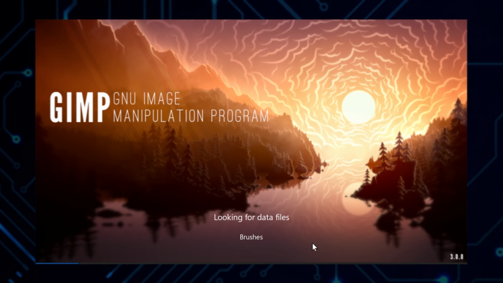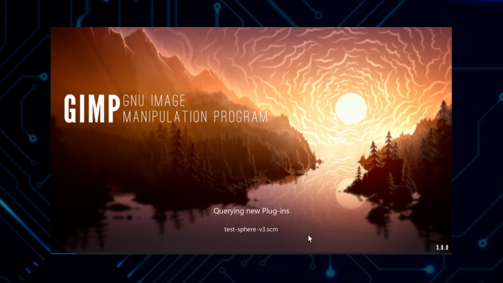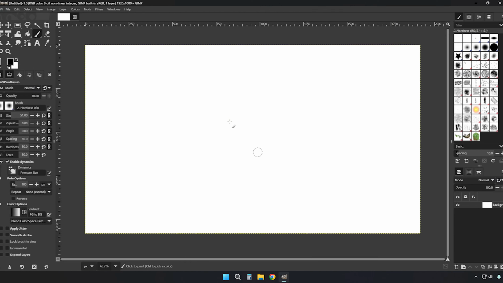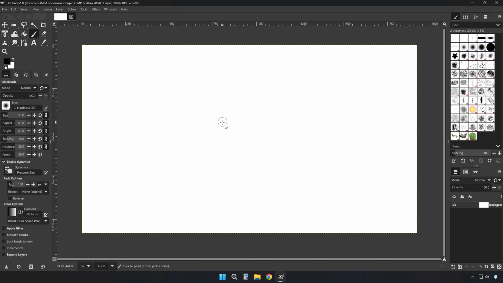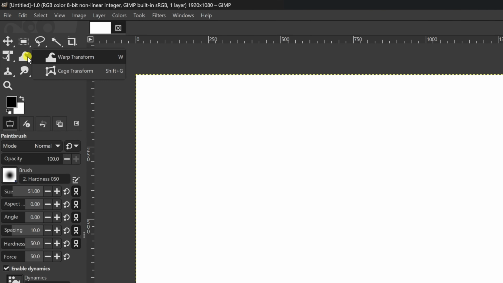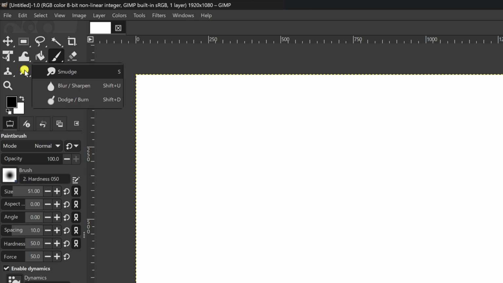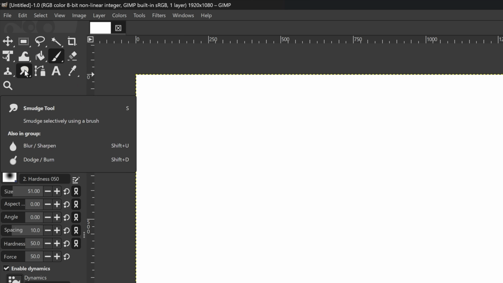Before I wrap up, let me quickly show you how to tweak one thing that some users don't like in GIMP 3. Alright, GIMP launched as it should. Now, by default, GIMP 3 groups all the tools into categories, which is a change from how it used to be in earlier versions. If you prefer the classic layout where each tool is shown individually, here's how to change